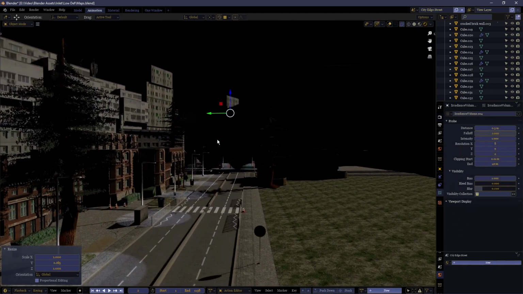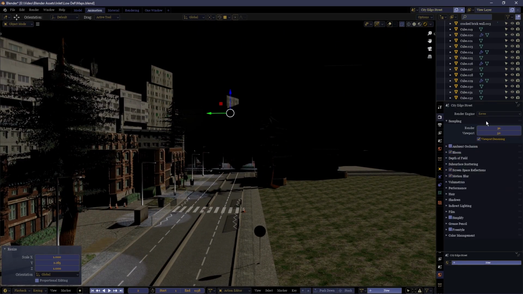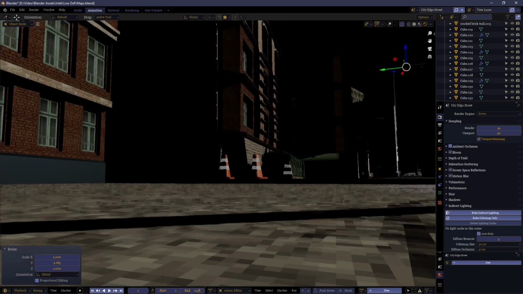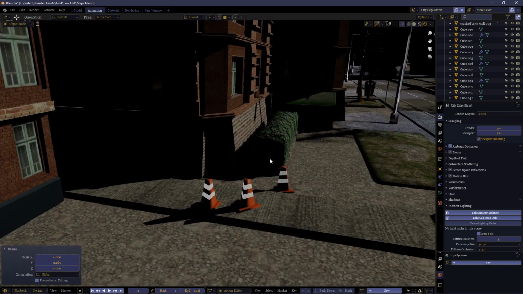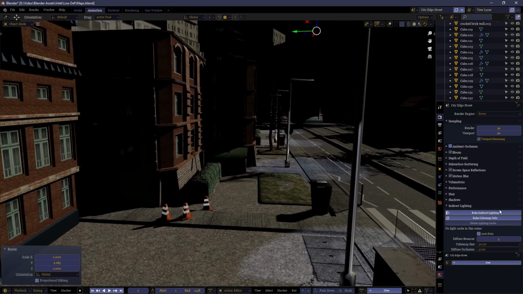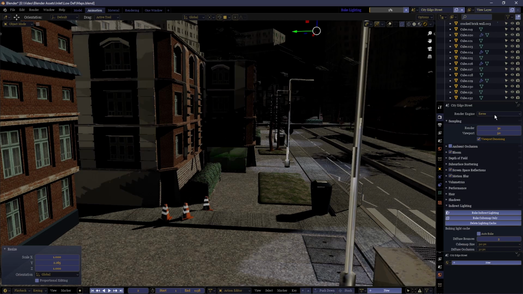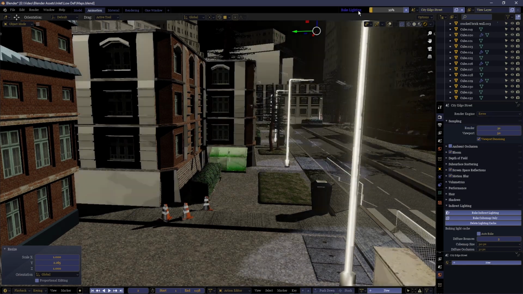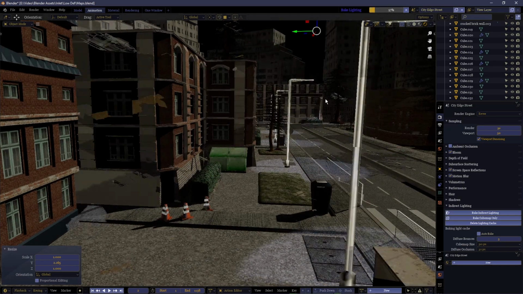Now what this allows you to do is use the same technology that is used in Cycles, where it tries to accurately calculate the lighting of your scene in terms of how light is interacting with the other objects, the lighting bouncing off some objects onto other objects. It tries to replicate that inside of the Eevee engine. You'll see as it calculates, this bar fills up and it does some crazy stuff here.